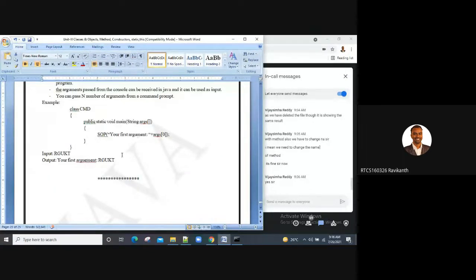So how differently you can display. If I want some spacing, if I want to display two values with spacing when you're giving input at runtime, you have to give RGKT as input, space, then triple IP, space, buzzer. Then they will be displayed on the next lines. If you don't give a space, it will be considered a single string only. So when you say args of 0, args of 1, args of 2, it is a string array.